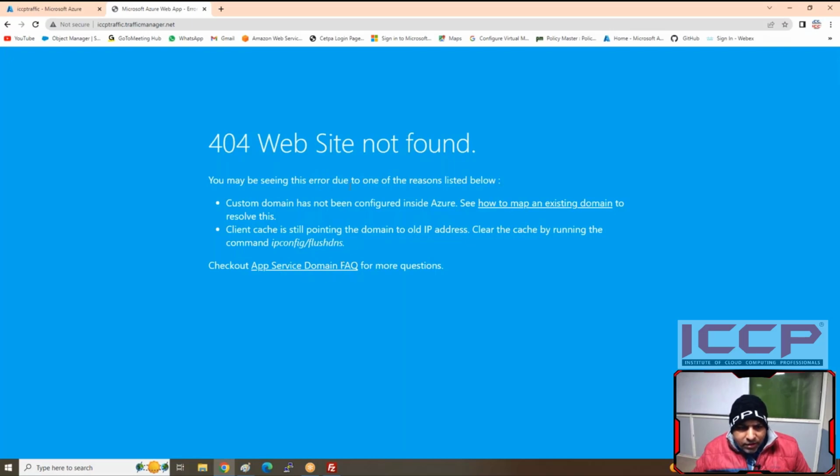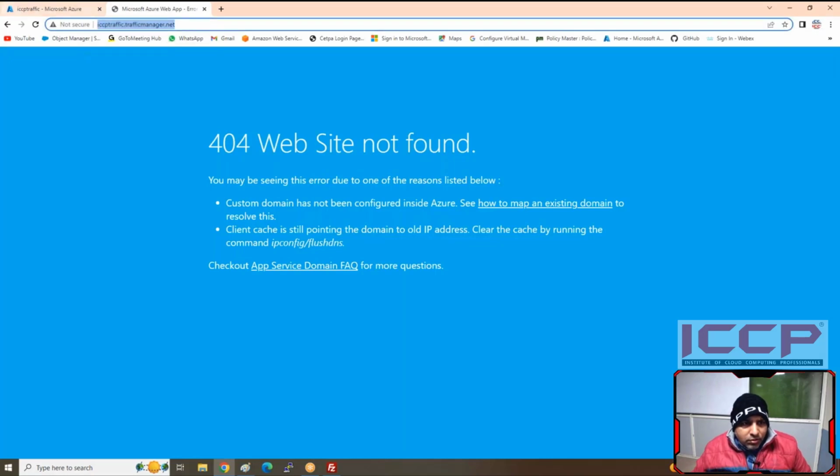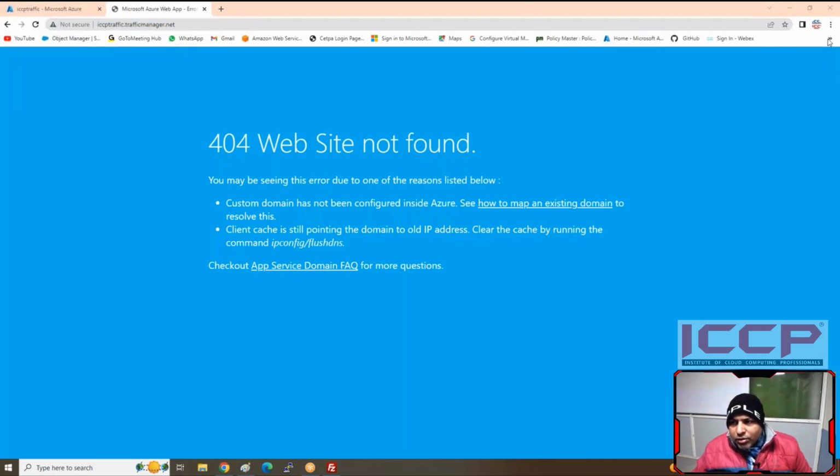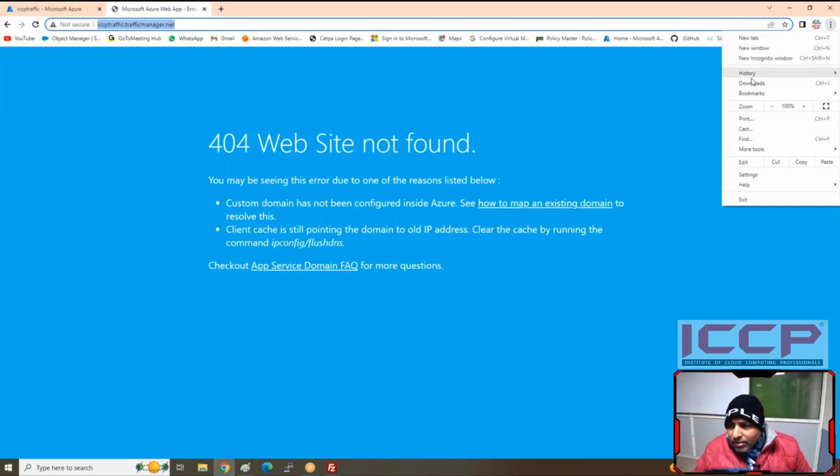So you may see the error due to one of the reasons listed below. Custom domain has not been configured inside the Azure. See how to manage an existing domain to resolve this, and client cache still points out. So I'm just copying. तो गाइस, ये इसलिए आ रहा है कि मैं इसको अपने नाम यानी कि डोमेन नेम से भी एक्सेस कर सकता हूँ। तो डोंट वरी, ये इतना बिग चैलेंज नहीं है, आने वाली लैब्स में हम इसको सॉल्व करेंगे।